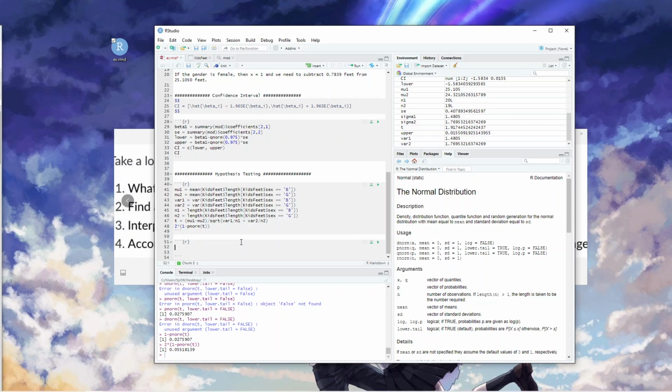If it's 0, then that's wrong. Okay, so I'm going to say beta 1 minus 0, which is 0, right? Beta 1 divided by the standard error. Let me see. Yeah. Beta 1 divided by